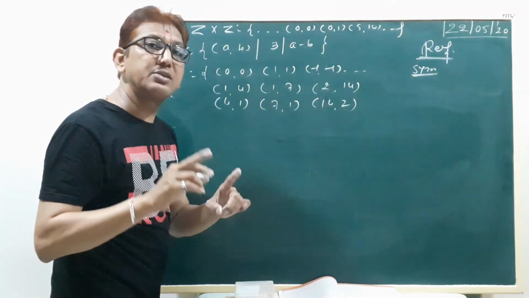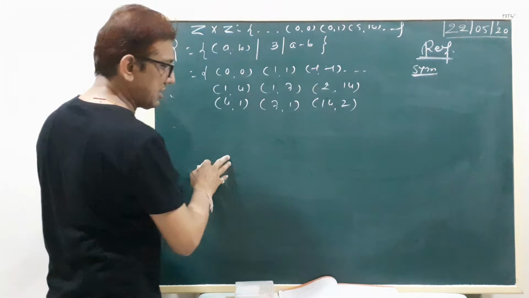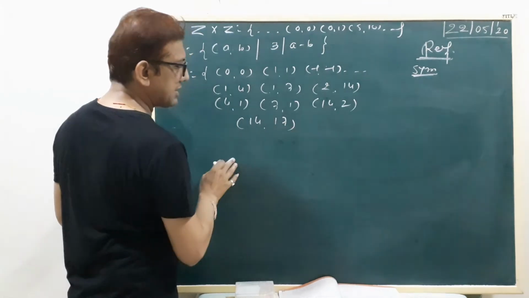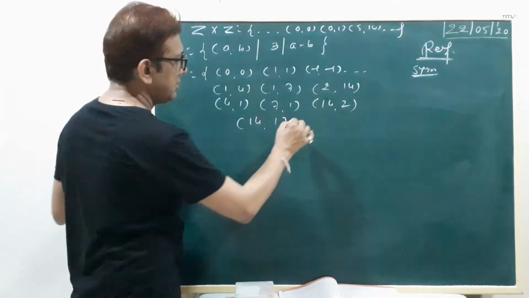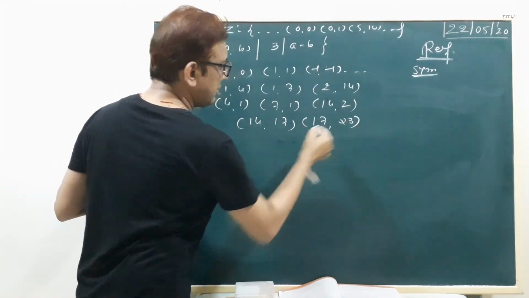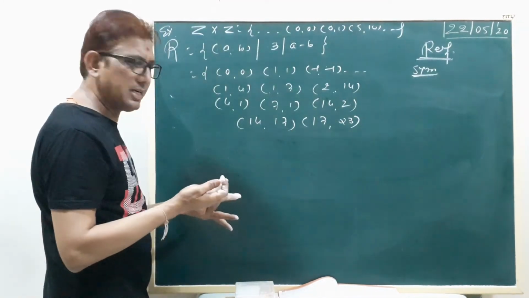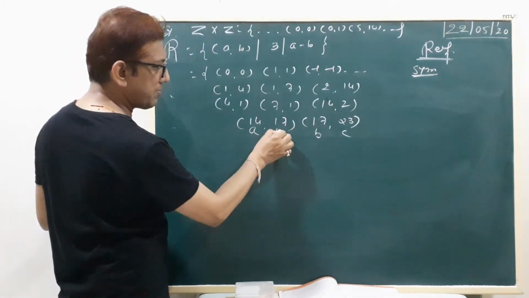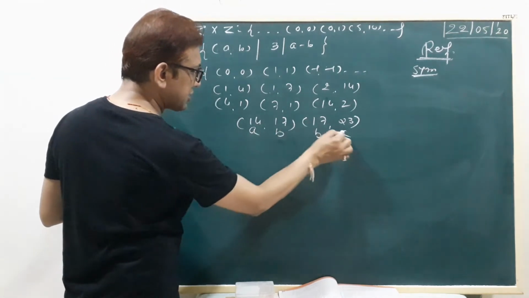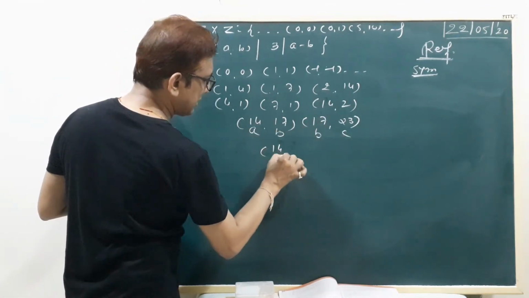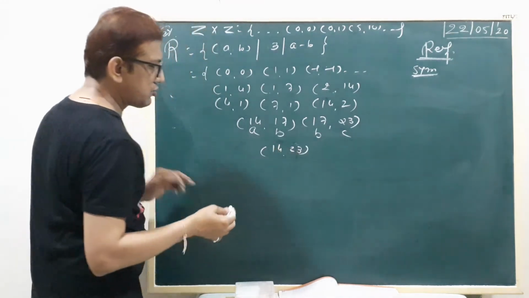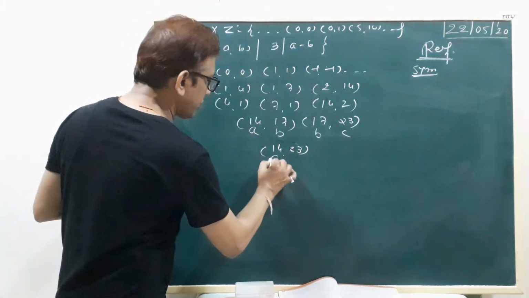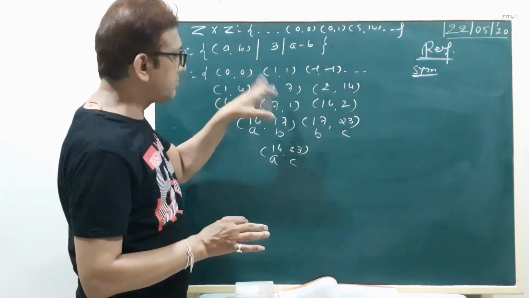Now we check the transitivity property. Check here, giving the 3 brackets. Suppose 14 and 17, subtraction 3. Right? 17 and 23, subtraction 6, divisible by 3. Yeah. This is your a, this is your b, and this is your b, and this is your c. So here a relation b, b relation c. So is a relation c possible? (14, 23): check here, 23 minus 14 is 9. 9 is divisible by 3. Yeah. So (14, 23) is also possible in this curly bracket.